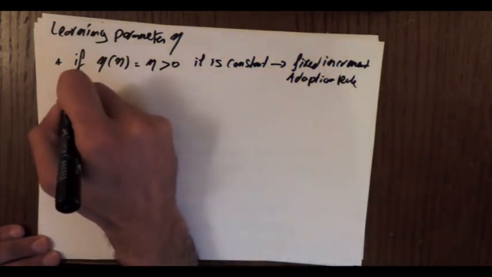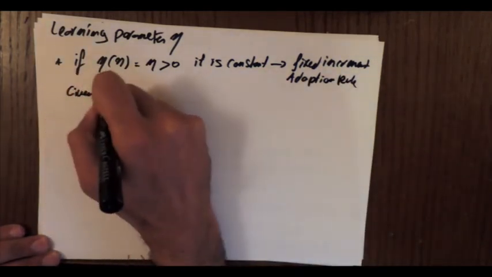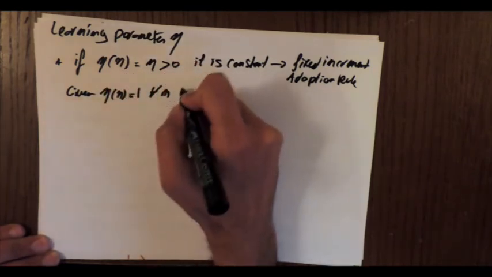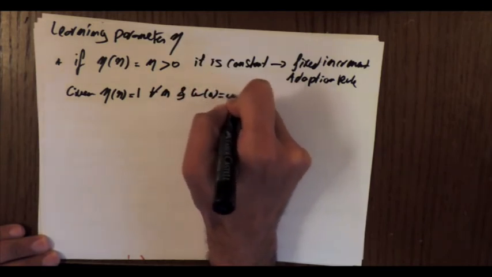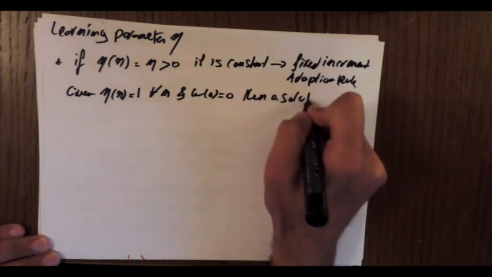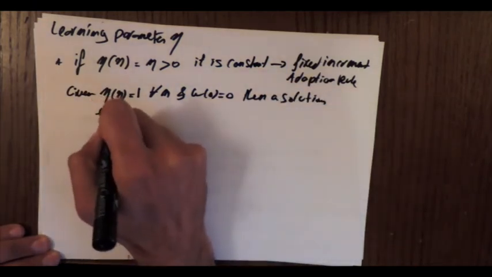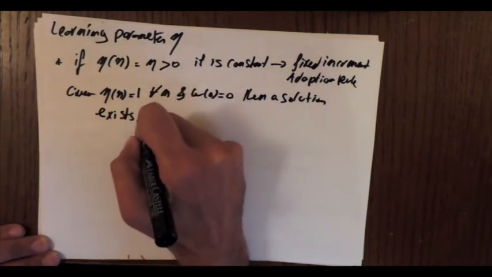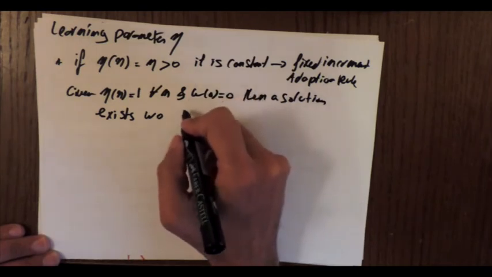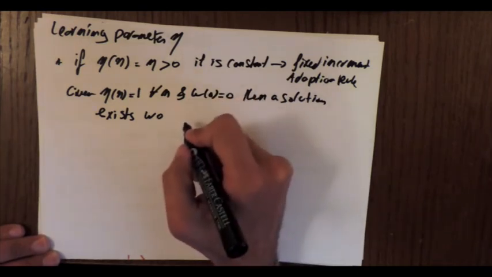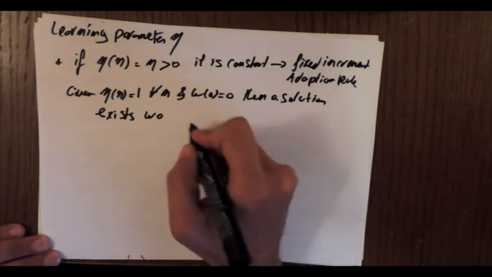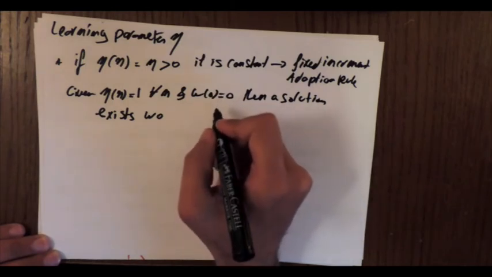Now, given that eta of n is equal to 1 for all n, and w0 equals 0, if a solution exists, we call this w0, and it must terminate after a maximum of n max iterations. So the rule says that if these are the cases, then